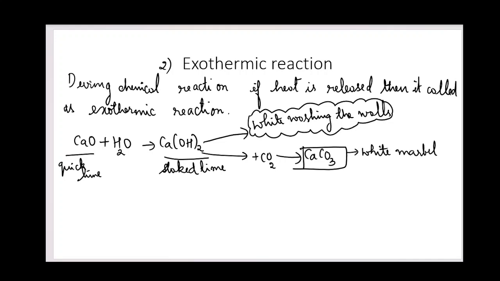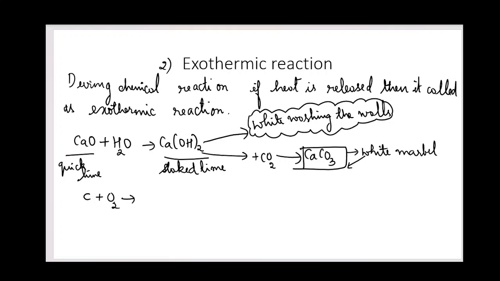So the white marble's chemical formula is also the same, that is nothing but calcium carbonate, CaCO3. Understood? Exothermic reaction. Exothermic reaction means what? In a chemical reaction, if heat is released, then it is called an exothermic reaction. First example is calcium oxide, that is quicklime. When it is reacted with water, we get slaked lime. And along with that, one more that I already gave